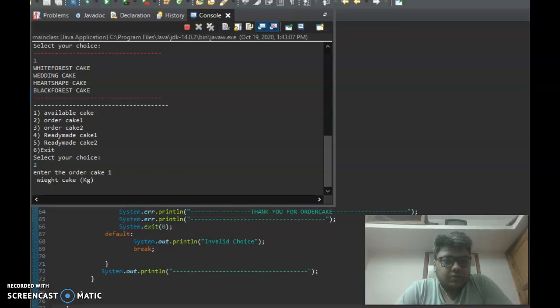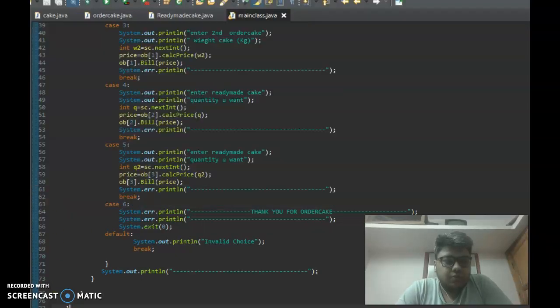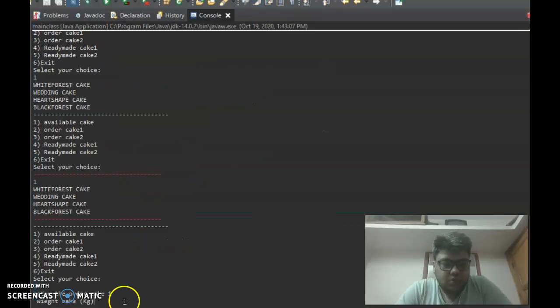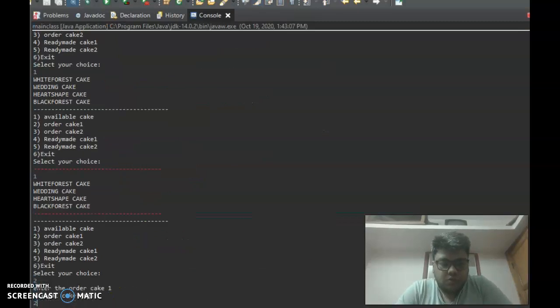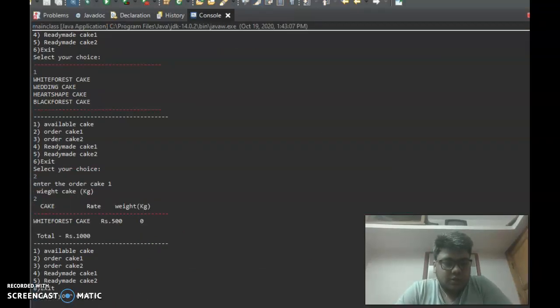I give 2 kg. See, white forest cake is 500 rupees and the weight is 2 kg, that means 500 into 2, 1,000 rupees. This is okay.